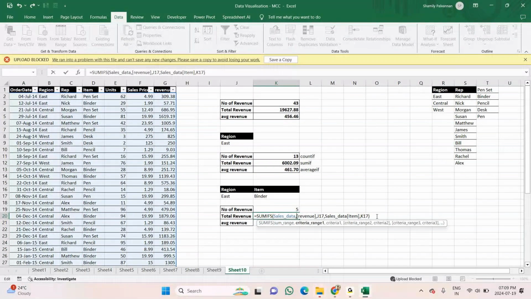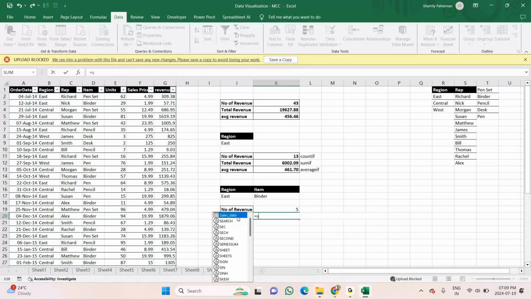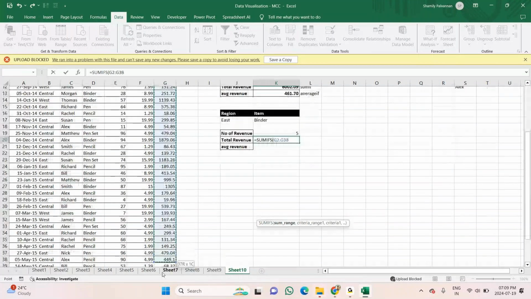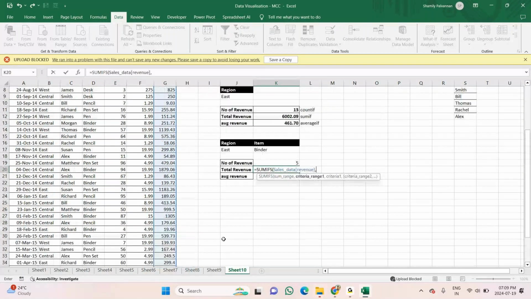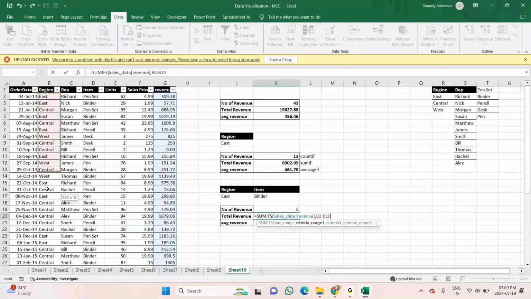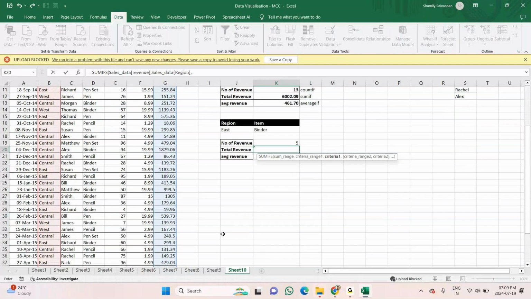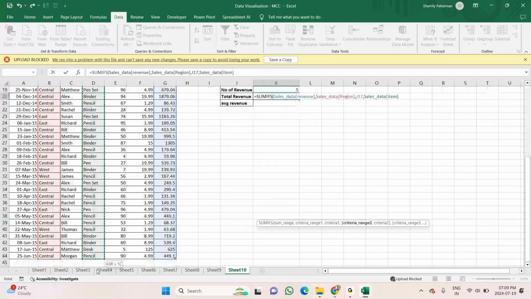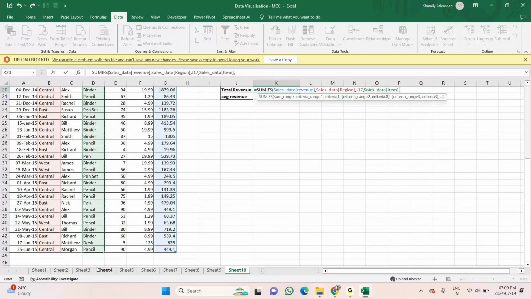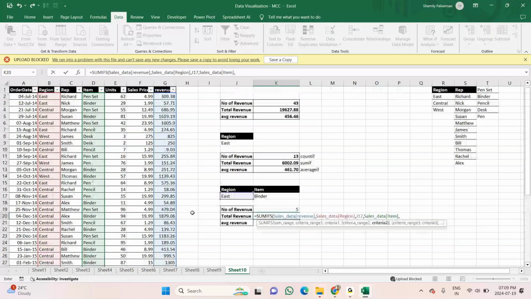Equals SUMIFS, sum range, the list of amount, comma, condition 1 is from the list of region, from this continuous list of region, comma, my condition is east, comma, so second condition list from the list of stock item, comma, I need the binder.